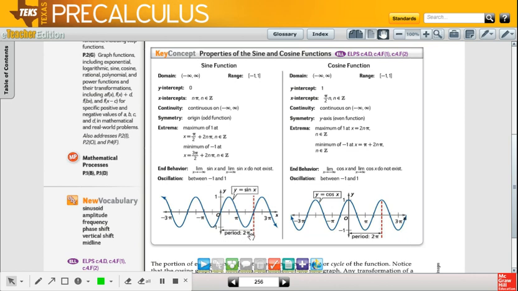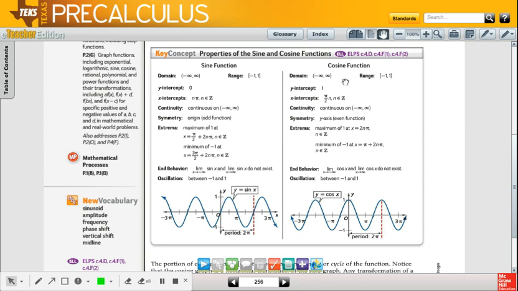So again, I did mention that you don't have to copy down the whole information, just the specific domain, range, y-intercept, end behavior, and the picture of the graph, including the information that's written. For example, the period is 2 pi, this is sine x. Now cosine x, or the cosine function,